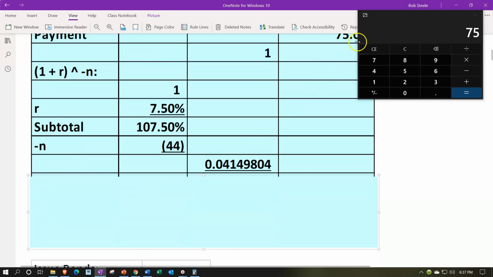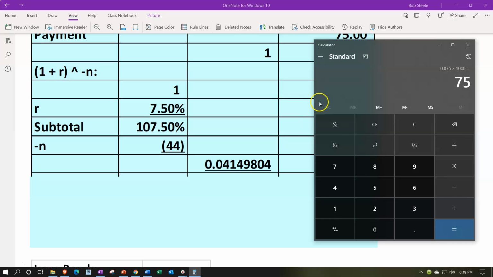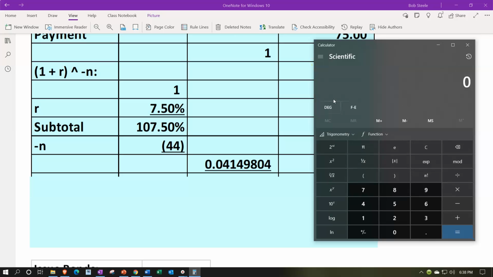107.5% to the power of negative 44 is 0.041 about. Let's calculate that for the first time here, just so we can practice that to the power of negative 44. I'm going to convert my calculator to a scientific calculator by going to the Hamburger, Scientific Calculator. 1 plus 0.075 is going to be the 1.075 or the